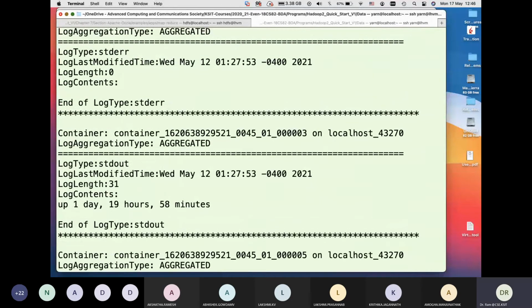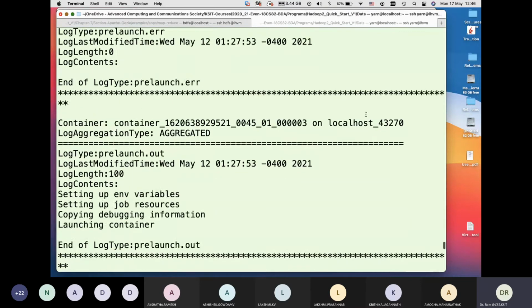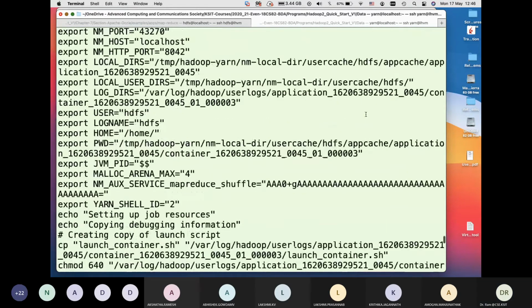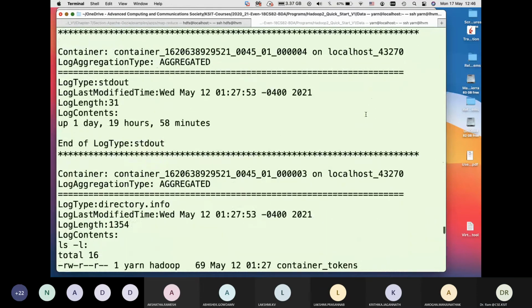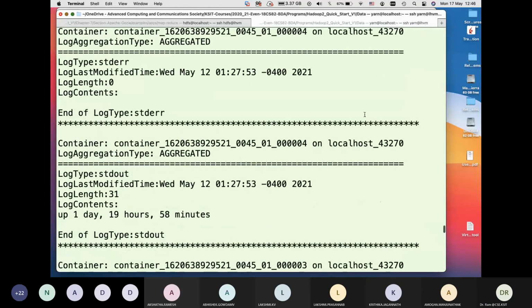This is container number 3. Again, as I said, it's not necessarily true that all the logs will come at the same time, depending on when the different instances are done. So for container number 3, we got the same output. We look at now container number 2 and 4. This is container number 4, log type stdout, and log content is this.